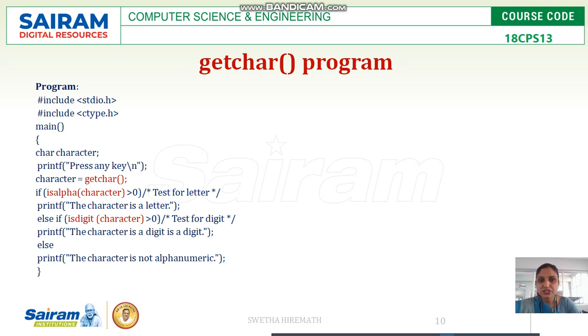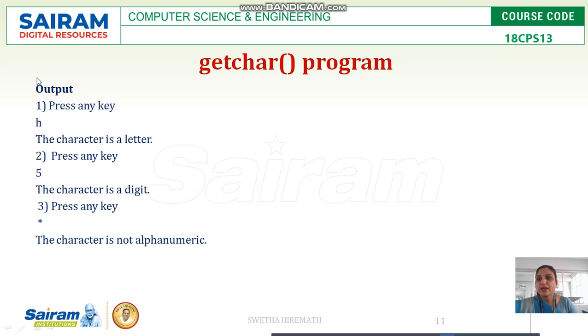If the character we enter is a digit, we use the isdigit function to check it, and if it is a digit, we print that the character is a digit. And last, if neither of these is the case, it is not an alphanumeric character; it may be a special character or something else.